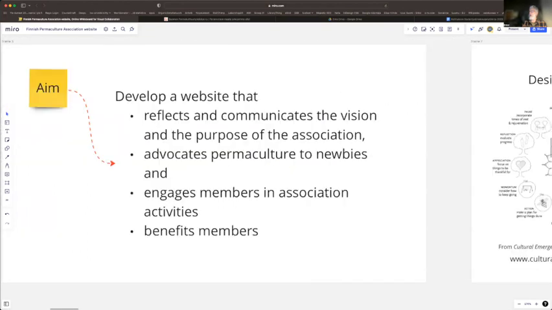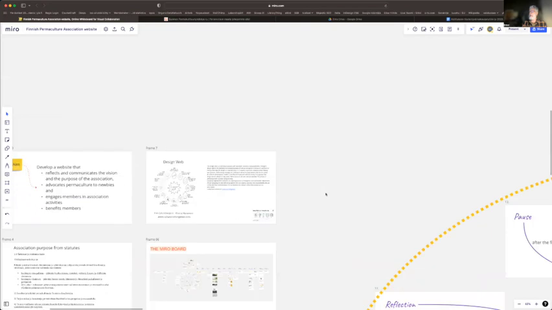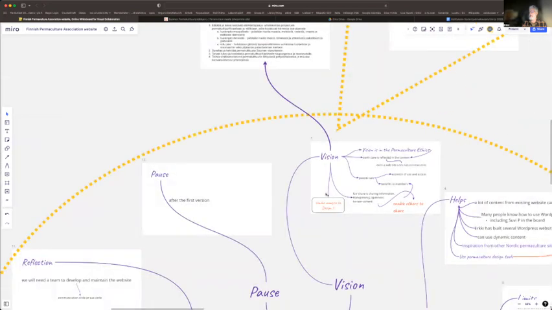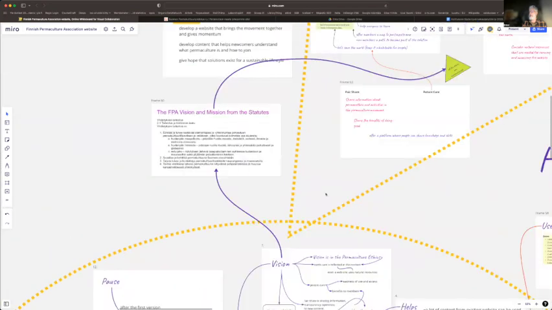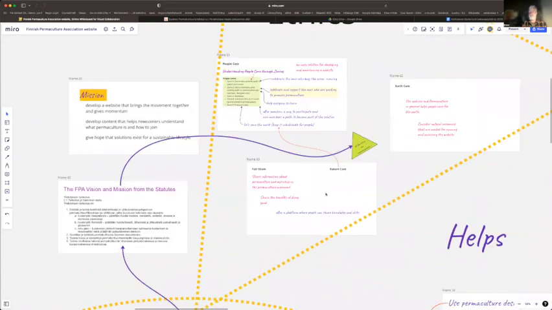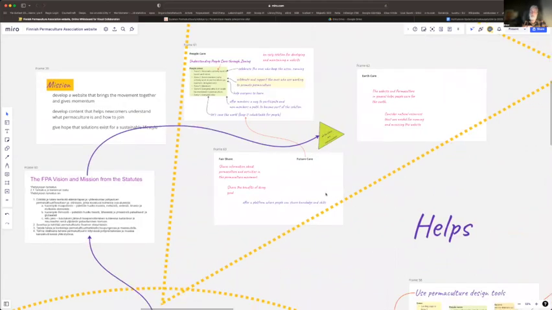So I will basically here jump directly to the vision, and the vision, of course, comes from the association's vision. So what is the purpose of the association as it is in the statutes of the association, and there it is